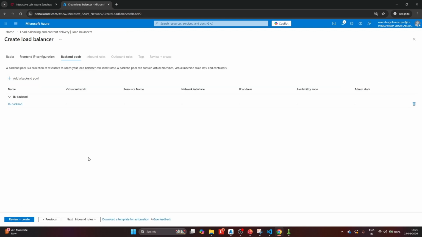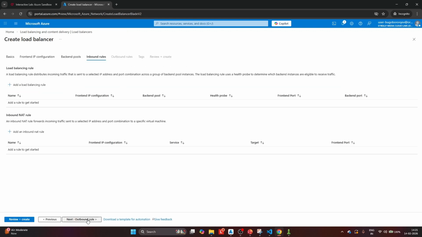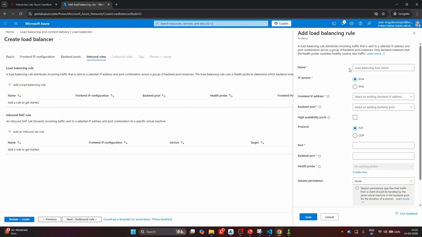Let's save. Now, another major important component for our load balancer is the load balancing rules. This decides how the traffic is going to be divided across our backend pool. So for our demo, let's create a rule for allowing HTTP traffic. We'll give the rule name as LB HTTP